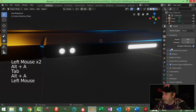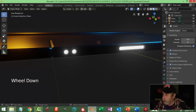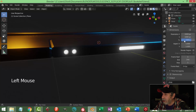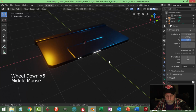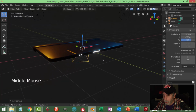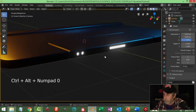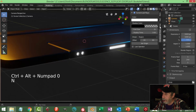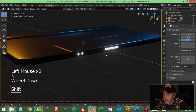Now you'll note that I have ambient occlusion, bloom, and screen space reflections on, and I haven't done anything else. Okay, I've set my sampling, however, to 200 and my size to about 75. I don't need it too big. Let's make sure we got a camera in here. So click camera and then get a general view that you like just to start off, and go Control-Alt-0 to look through, N, and under view, check lock camera view, and to close that,